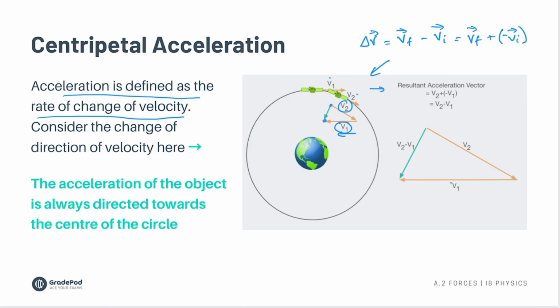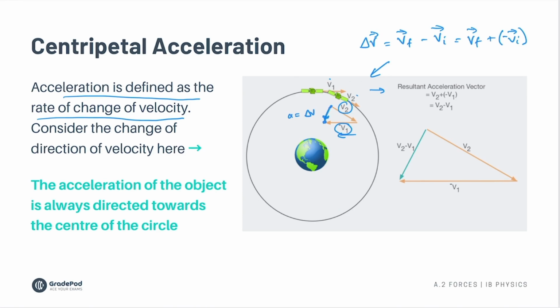So the vector direction of the change in velocity, or the acceleration, is in this direction here. No matter what stage you do that around the circular motion, you always have the change in velocity vector directed towards the centre. The acceleration vector is always directed towards the centre, no matter where you do this simple